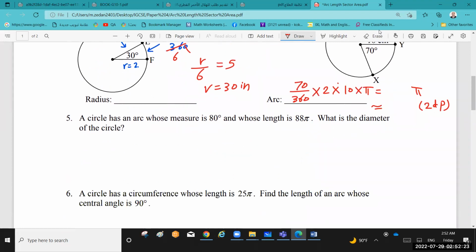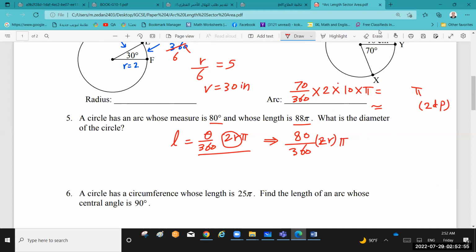Question number 5. A circle has an arc whose measure is 80 and whose length is 88 pi. You just write the formula L equals theta over 360 times 2r pi and just substitute in this one. What is the diameter? Start with the diameter is 2r. So I want to find the 2r. The angle is 80. You just start with the side, 80 over 360 times 2r pi, 2r, I need this part to be calculated,